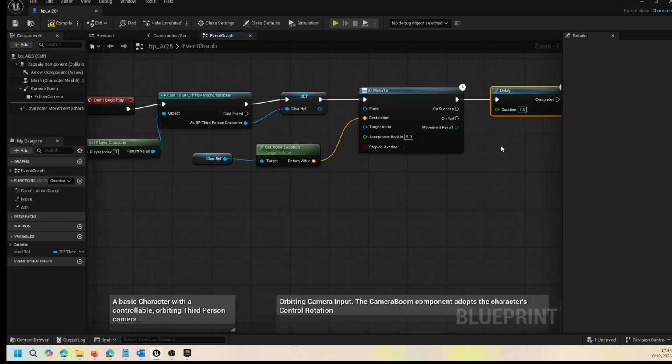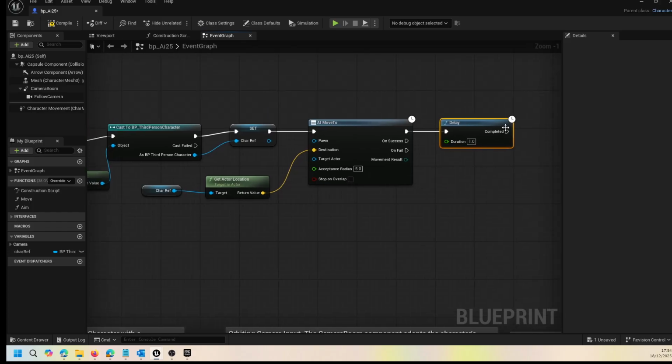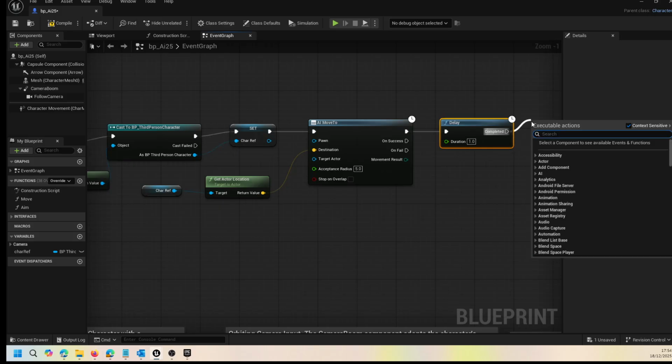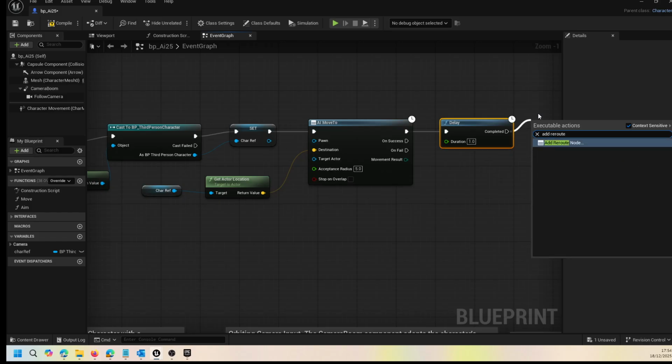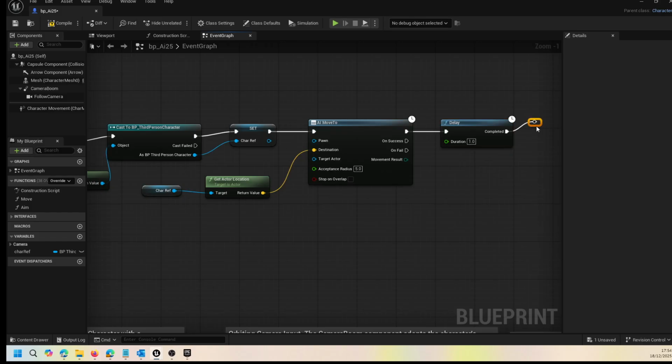So we'll fix that there, and at the end of this 1 second it'll go round and go back into the AI MoveTo, so it'll just endlessly cycle with a 1 second gap, which is kind of what we want. So I'm going to add the reroute, add reroute, this is the long way of doing it. The simple way of doing it, just move this up here,